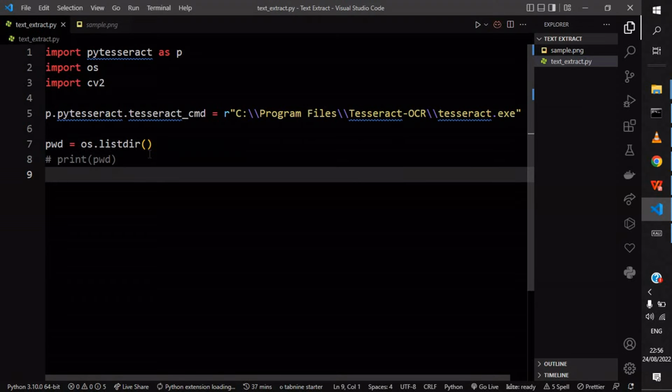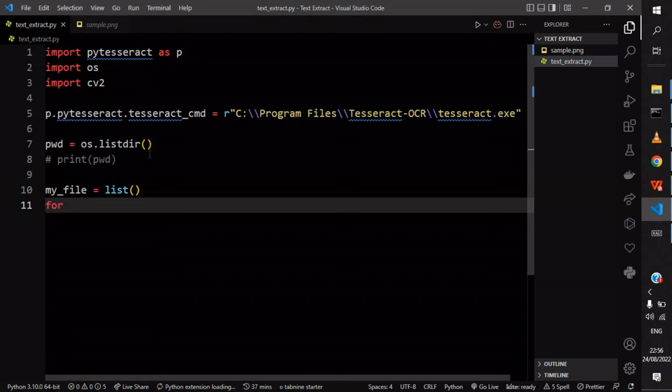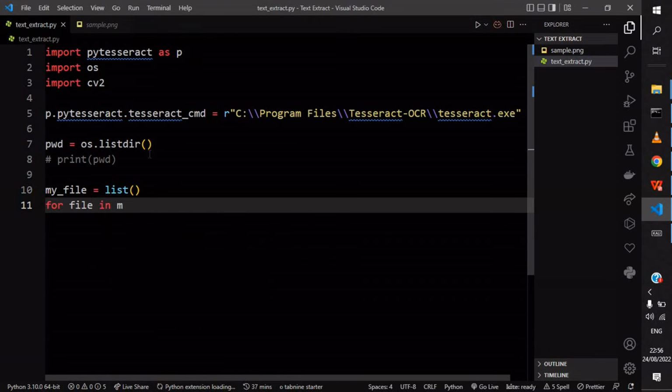But what if I wanted to find out what my image actually is? For example, I want to tell my program that this is my image. So what I would do is create another file, another list. I could say my file, because maybe it's going to be a list, and I will say for file in my folder, I just want to, okay, for file in pwd,